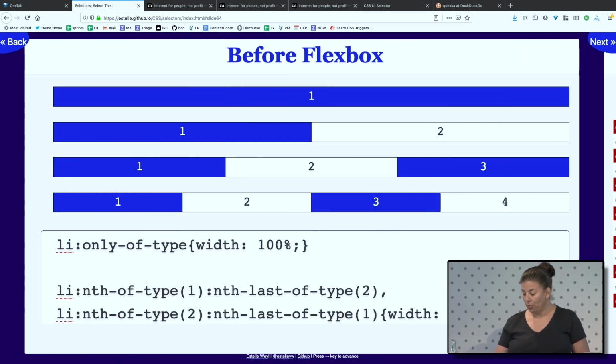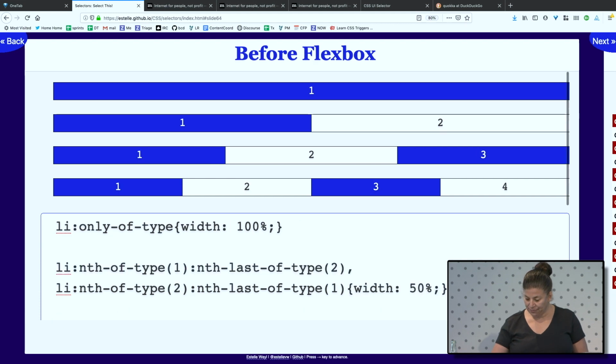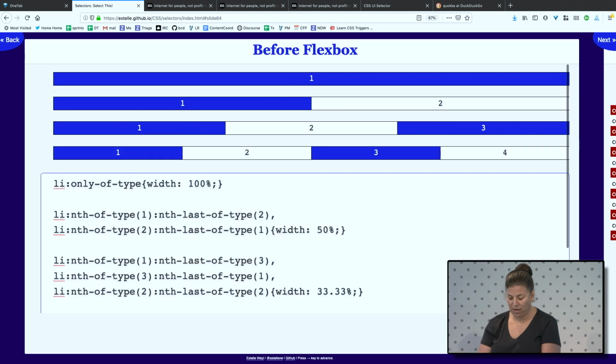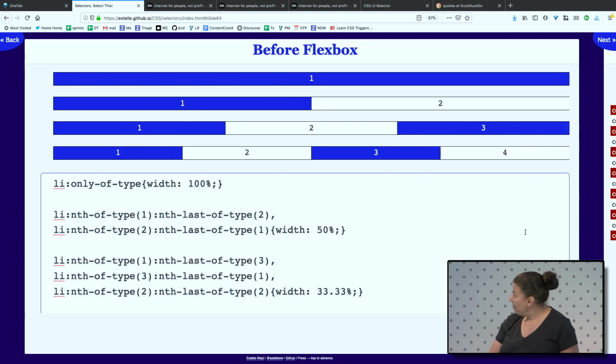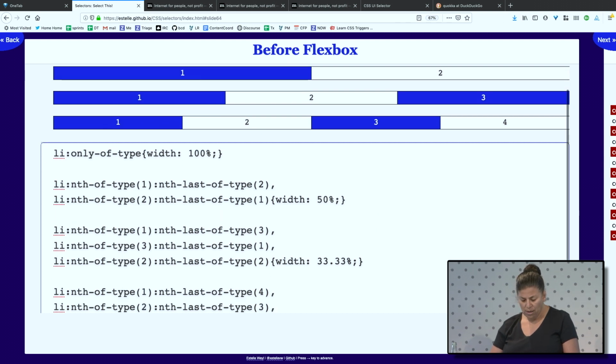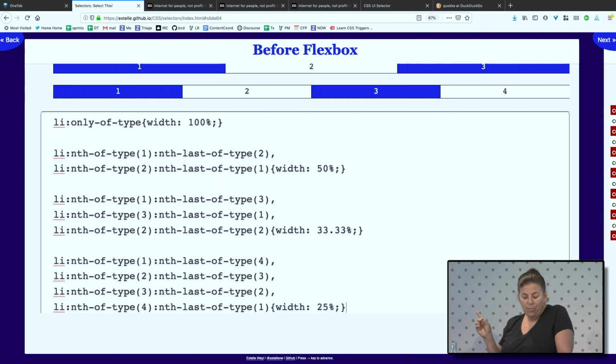Okay. So before we had Flexbox, we could actually do Flexbox by saying I want 3 items on this line or 2 items. And so this is no longer necessary, but this was a little trick, which is if it's only of its type, make it 100% across. So make it one bigger. If it is nth type of 1,